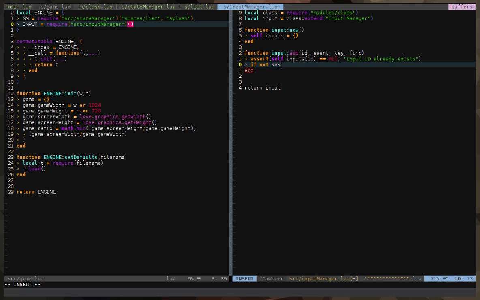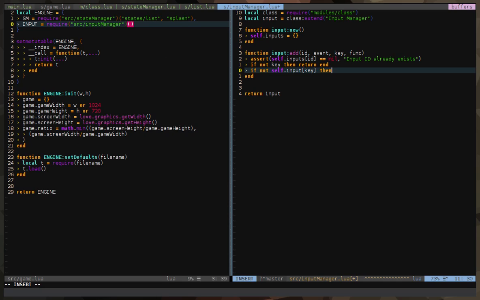So let's say if not key, then return end. It says that if key is not true, then return end. So we're not going to do anything, we're just going to escape from this function. So if not self.inputs, in our table we're going to see if that key already exists.